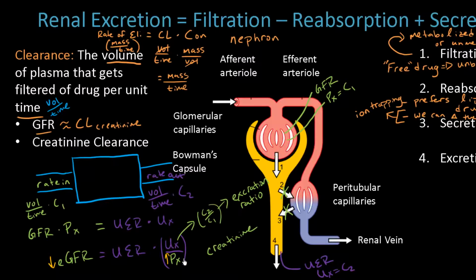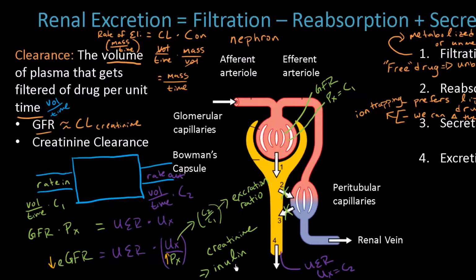But that's a little too cumbersome. So frequently we just measure the plasma concentration of creatinine, and we have population-wide studies that say for a person of a certain age with a certain weight, these plasma creatinine concentrations are correlated to these glomerular filtration rates. And so for any exam you might have, you might see them use creatinine, but the gold standard,